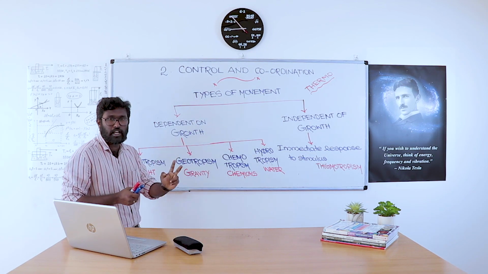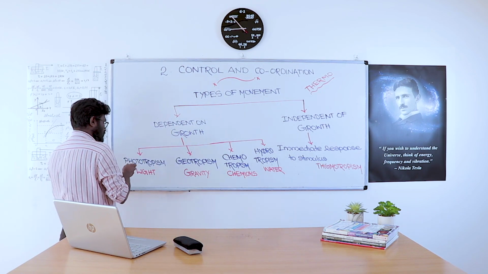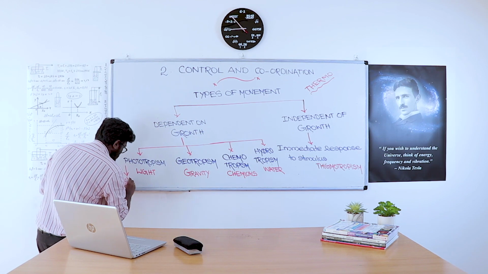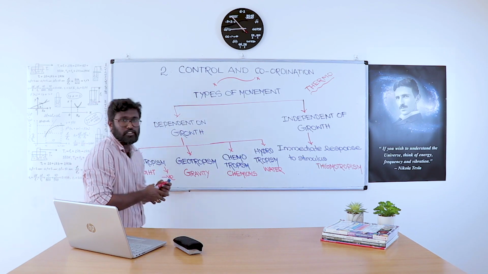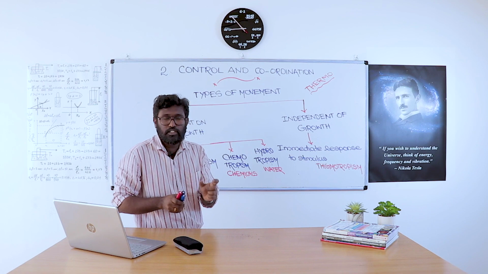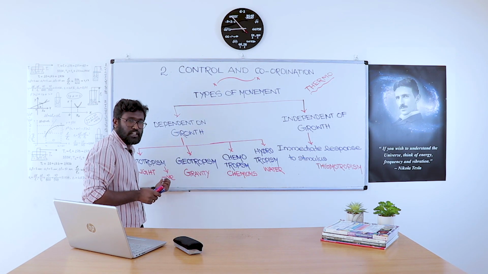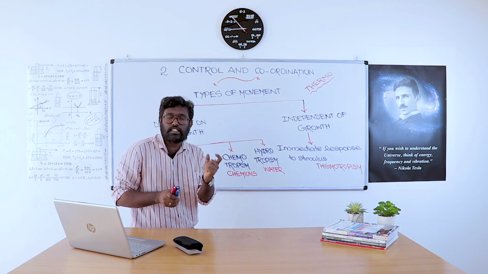Phototropism is of two types: positive phototropism and negative phototropism. The growth movement of shoots. Here light is the stimulus. With respect to light, the growth movement of shoots is an example of